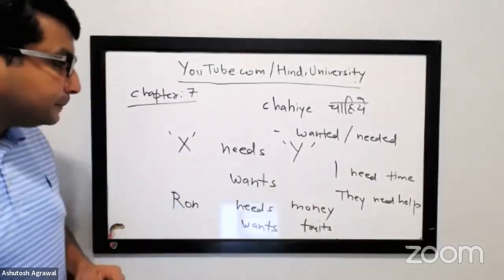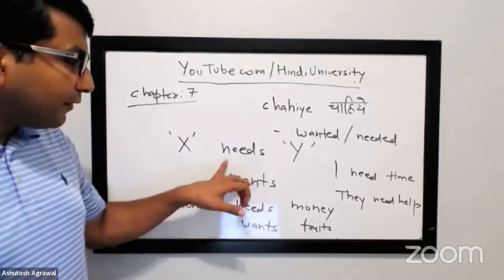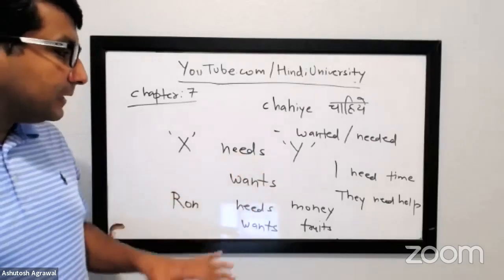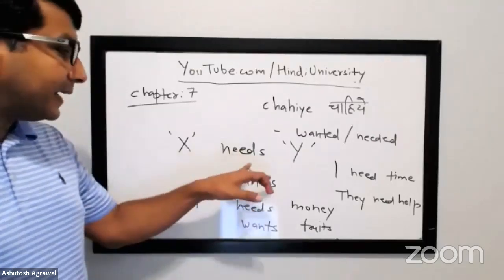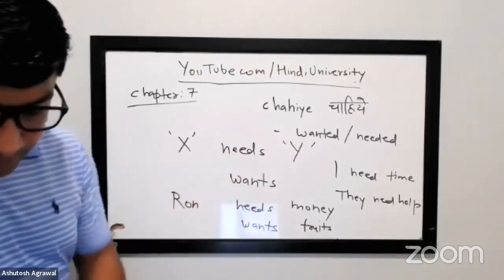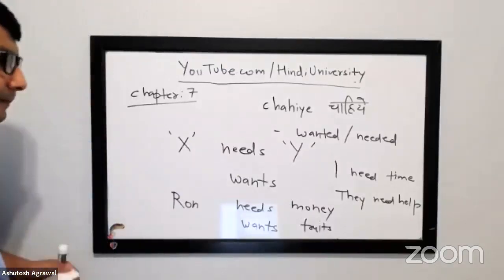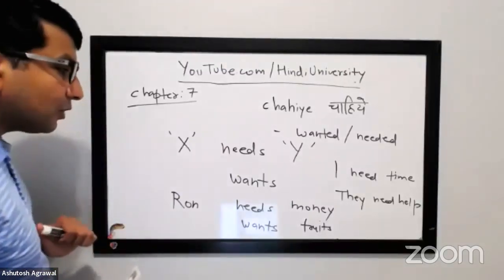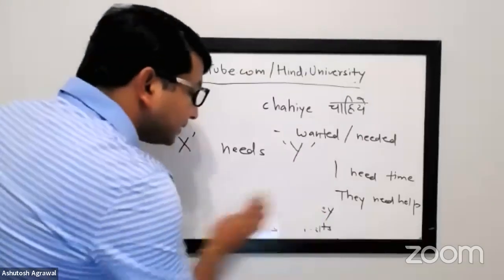Okay, so far so good, right? We are still in English. X needs Y or X wants Y. Okay, I'll start simple, as I said, and we'll make the sentence more complex. Whenever you have a pattern like this,